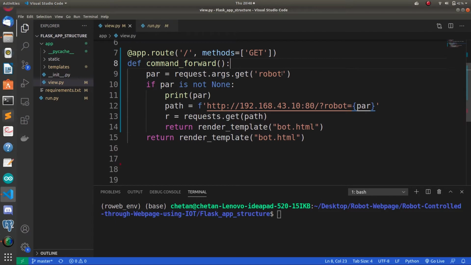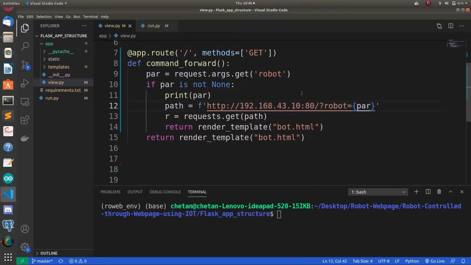a query parameter, robot. So this robot variable will have values like FWD to move the bot in the forward direction, REV to move the bot in the reverse direction, and similarly LFT for left, RGT for right and STP for stop. After receiving the value of this variable, we are forwarding the value to this local IP, which is the IP address of our robot.